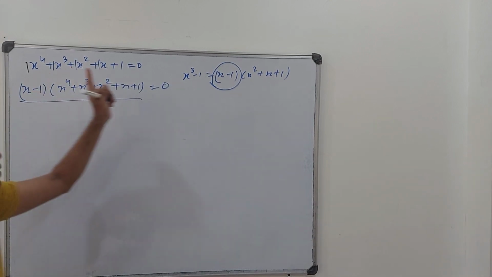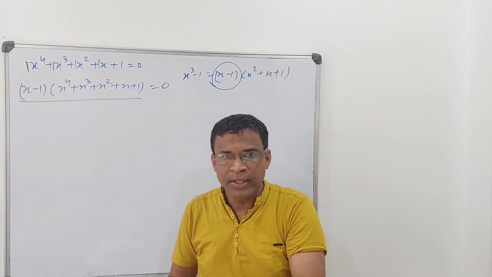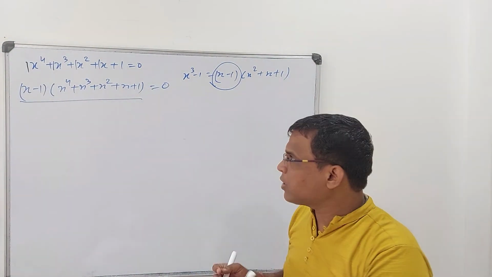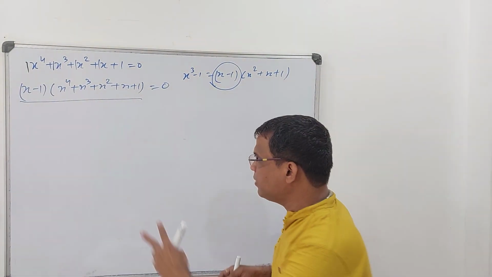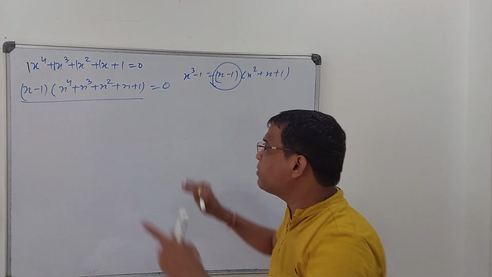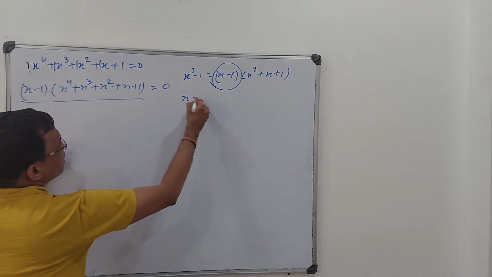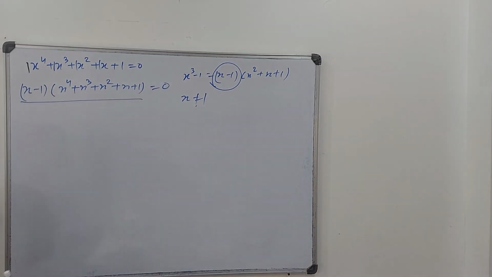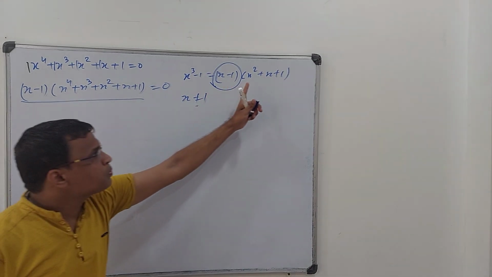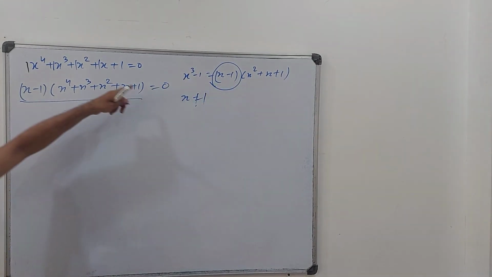So x is equal to 1 can't be the solution, because you can't multiply both sides by 0. That is a mathematical truth. Here if I put x is equal to 1, then I am multiplying both the sides by 0, so that is not acceptable. So you can avoid x is equal to 1, and mention that x is not equal to 1. Fine. Now just observe this pattern. You don't need to solve this, just observe what answer you are getting.